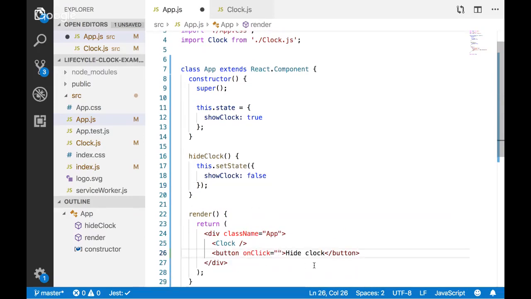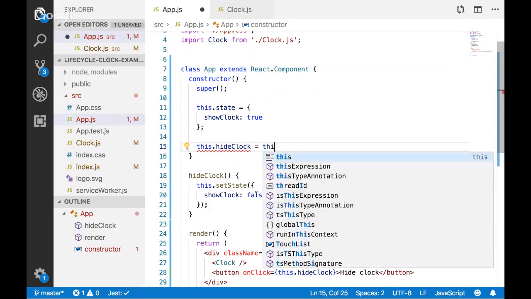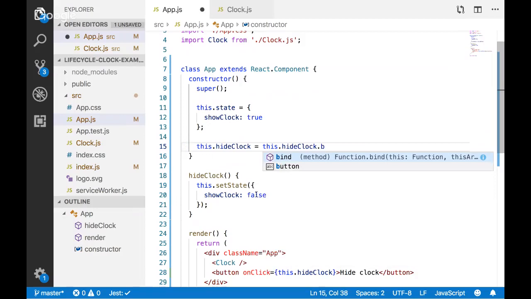And so then the onClick here, I'm going to say onClick equals hideClock is what I want. Oh, look, it was very nice. this.hideClock. And again, I'm missing one other thing. this.hideClock equals this.hideClock.bind(this), just sort of that magic string.